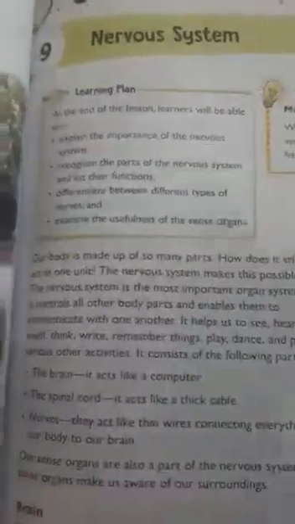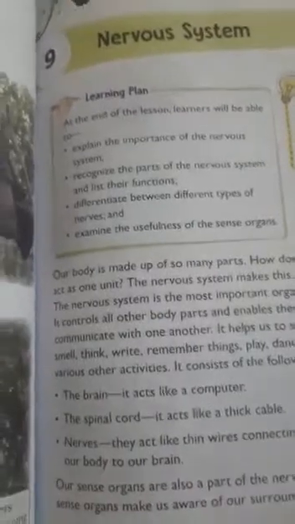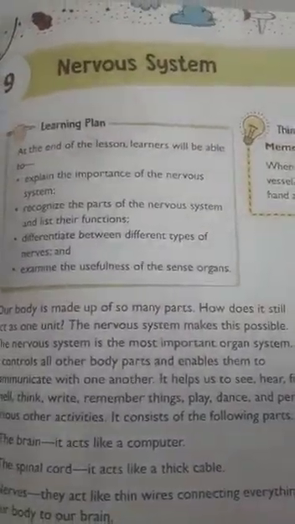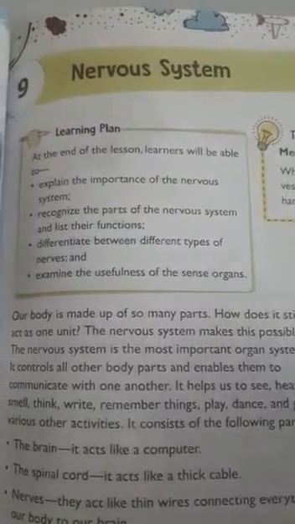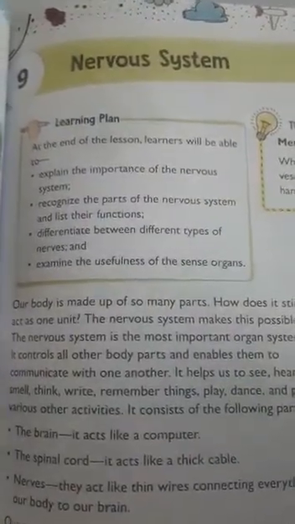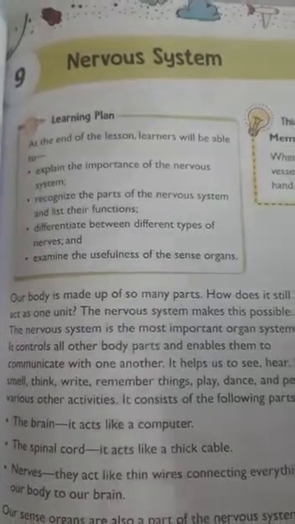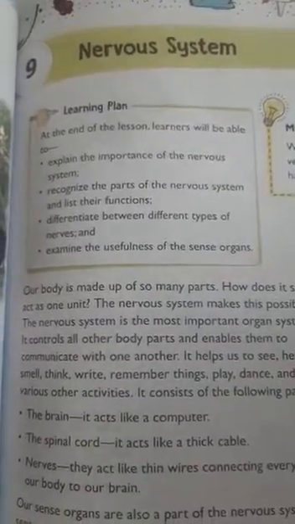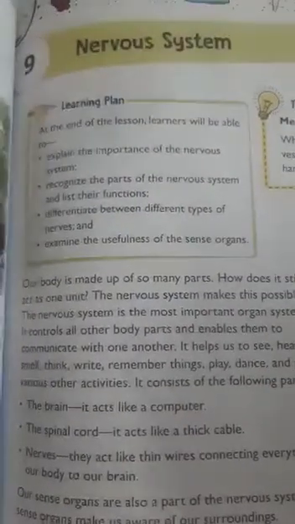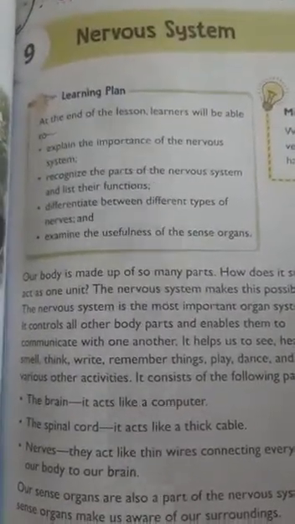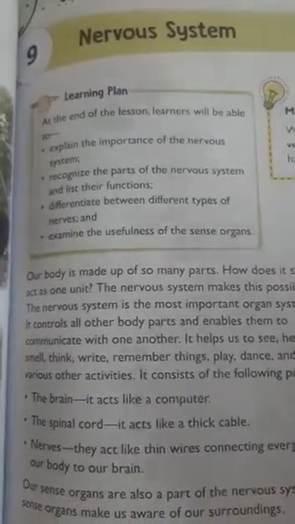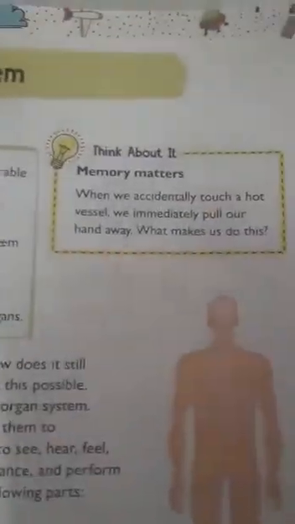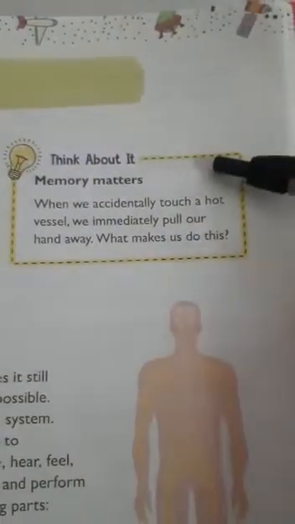About the sense organs, you have already studied in your previous classes. We have 5 sense organs: our eyes for seeing, the nose for smelling, ears for hearing, the tongue for tasting, and to feel the touch we have the sense organ, the skin. So these are our sense organs which make us feel different responses.